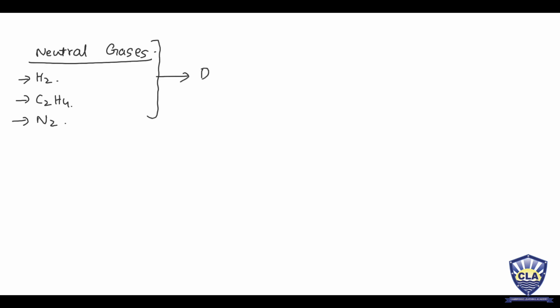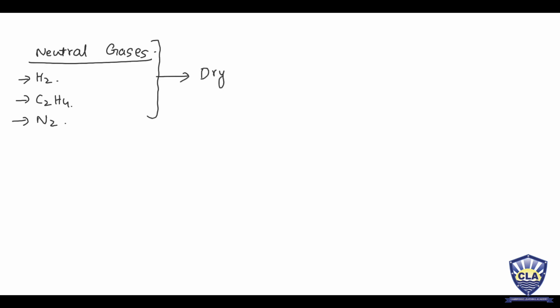Then the last thing, that is the neutral gases. Neutral gases are those which are not acidic and not basic. What are the gases which are neutral? Hydrogen gas, that is neutral. Ethene, that is neutral. Just like that, nitrogen, that is neutral. So all the gases, my dear, which are neutral, if you want to dry them, the drying